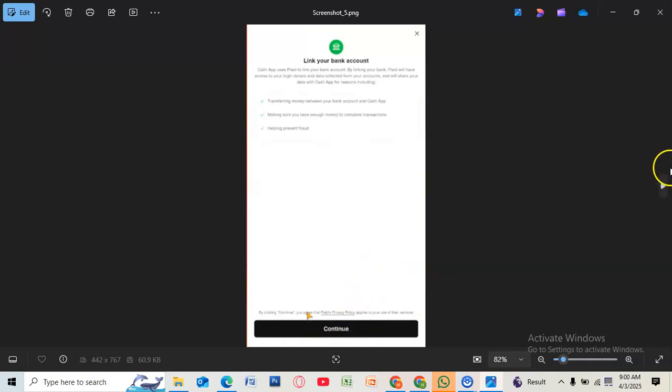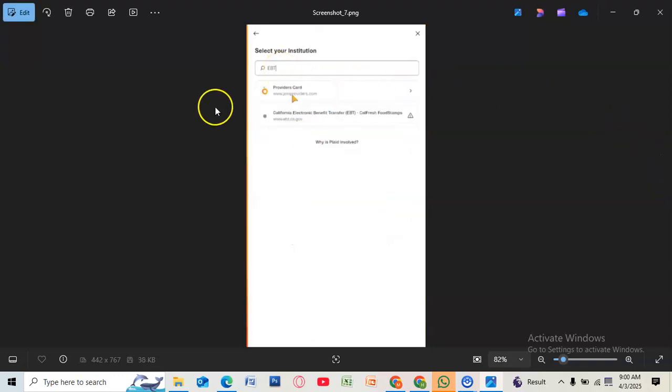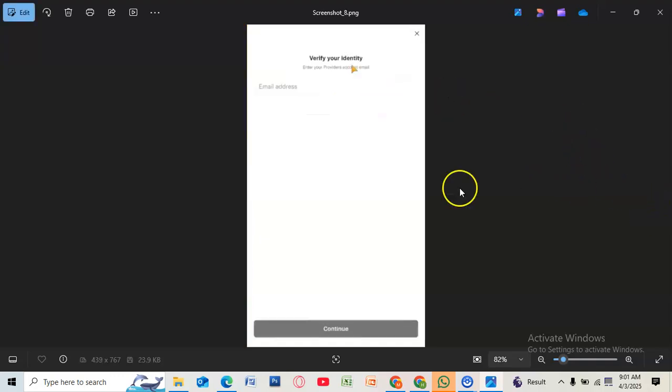tap on continue. Now search for EBT from the search bar. Now it will show this one. Select provider's card. Now enter your email address and then select continue,